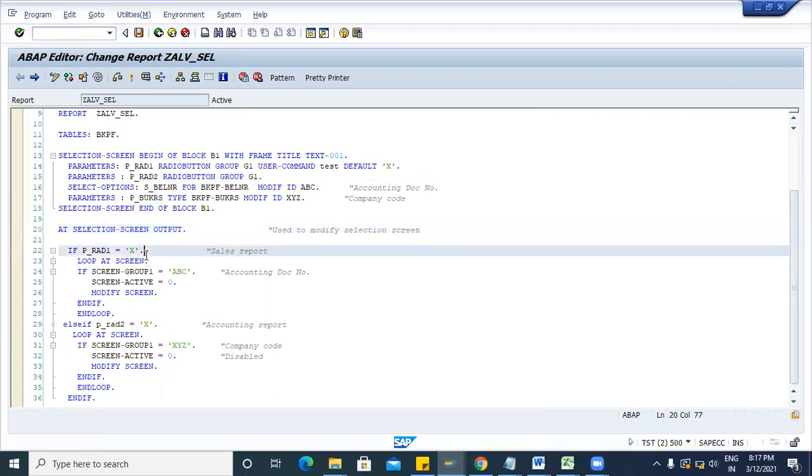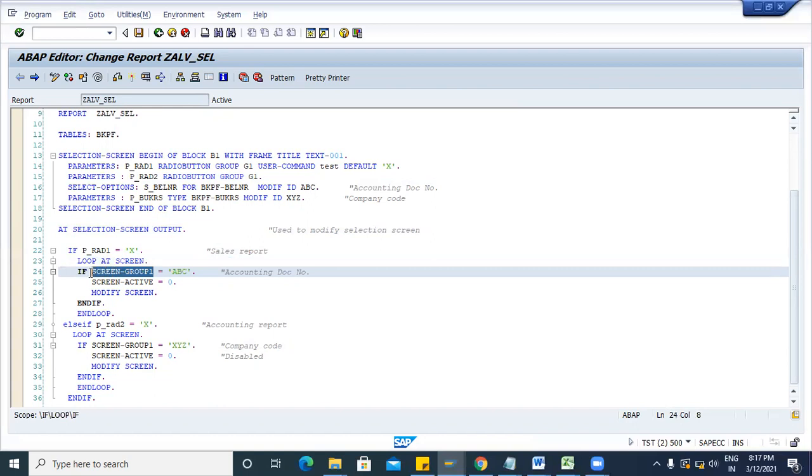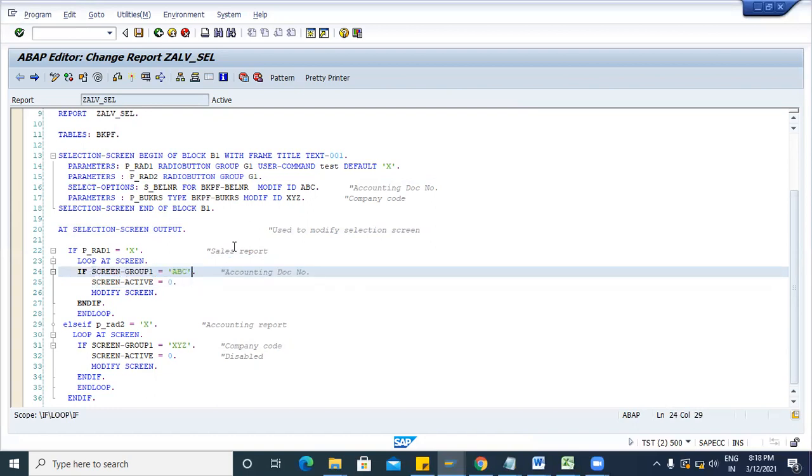Okay, so how to use this statement? If the first radio button is active, equal to X means it is active, then we are using the LOOP AT SCREEN statement. In this loop we are closing using ENDLOOP. Then we are checking this parameter. These are the screen parameters. Group 1, if group 1 is ABC. Suppose if we are using any parameters on the selection screen, then we are giving some group.